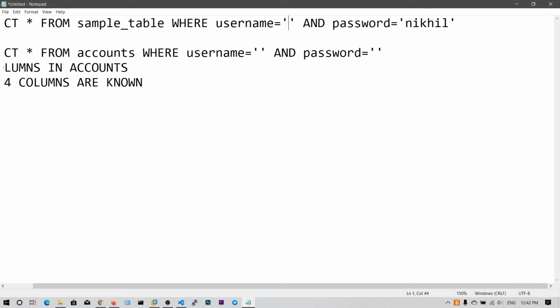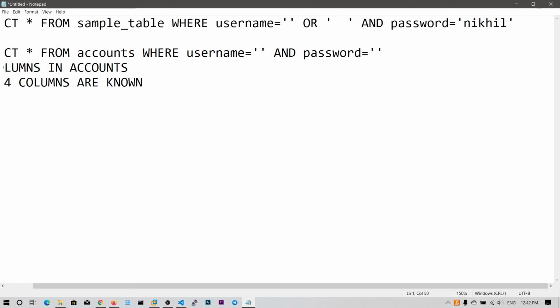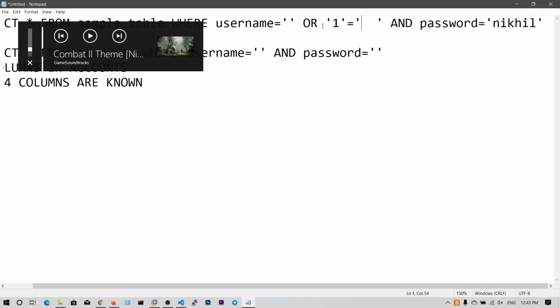This will be the username field, and what I put in this username field is a quote to make sure that this is one condition, and then I put the OR, because I want to put the true condition here so that the whole condition becomes true. Let's use the strings now: 1 is equal to 1.